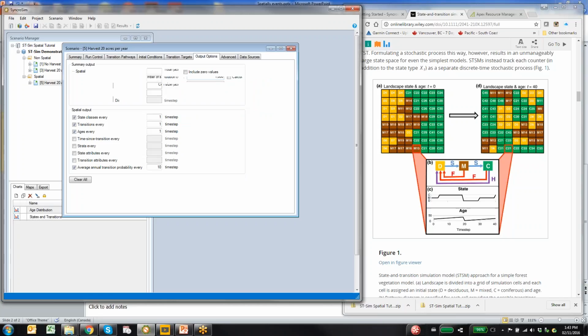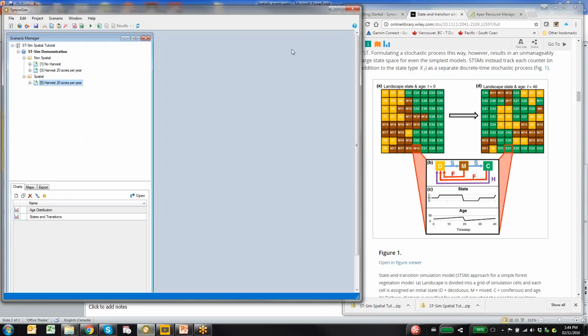We also specified, because we were running a spatial model run, that we wanted both non-spatial summary output for state classes and transitions every time step, and state classes, transitions, ages, and the average annual transition probability spatially, so rasters for these. The top 3 we wanted every time step, and the average annual transition probability we wanted every 10 time steps. So when we ran the model, and I'm going to add this to results by right-clicking on it and saying add to results,